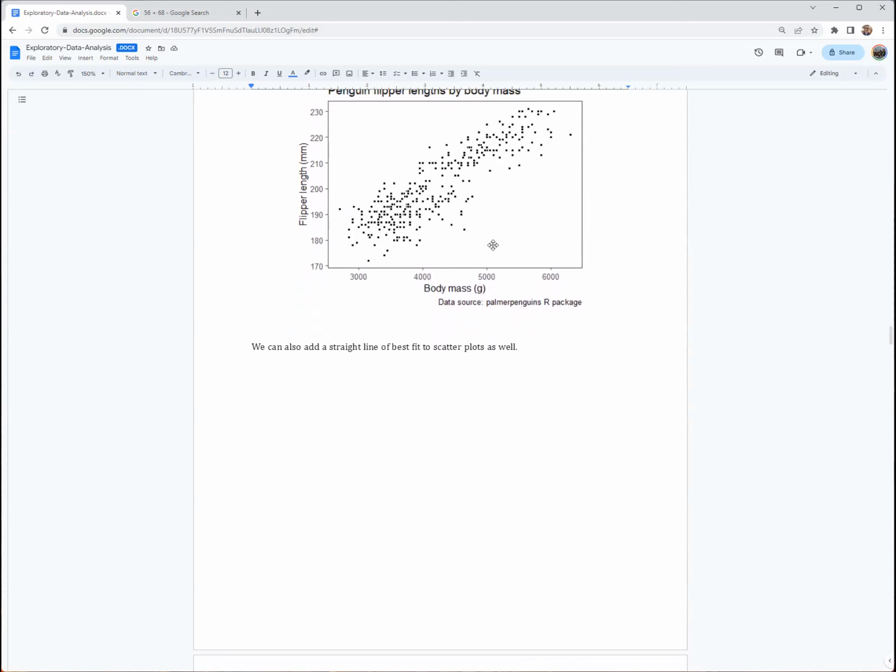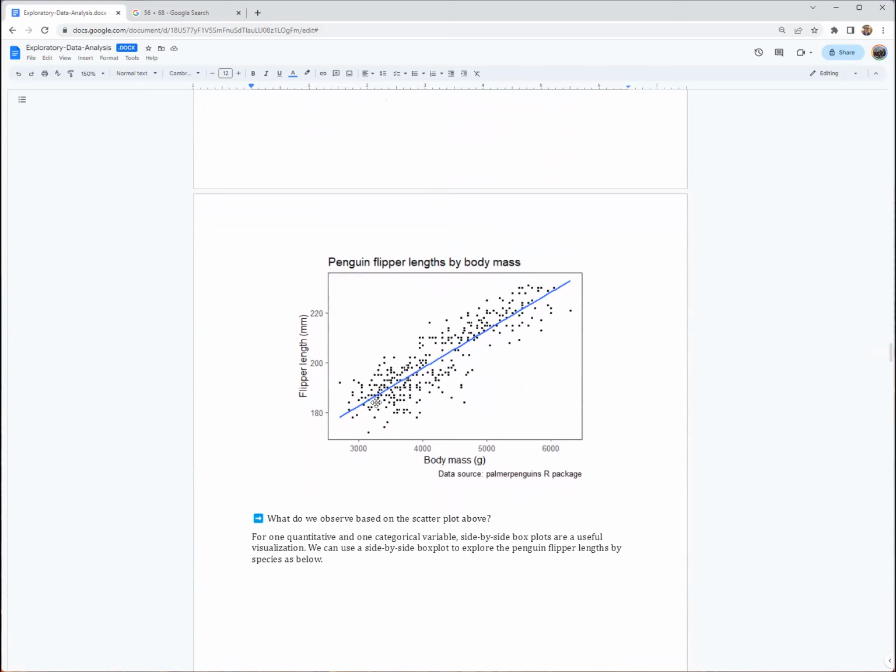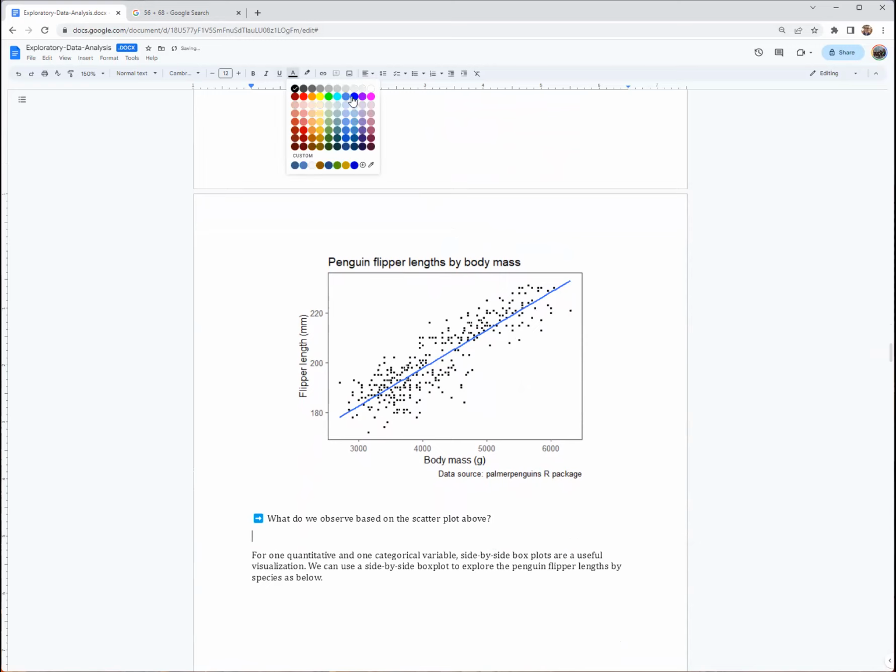In regression analysis, which we'll be looking at, that involves estimating a straight line of best fit, and we can plot that straight line of best fit from a regression model on a scatter plot as well to show the trend or pattern in the data. So based on this scatter plot, for example, we can say there is a positive, moderately strong relationship between